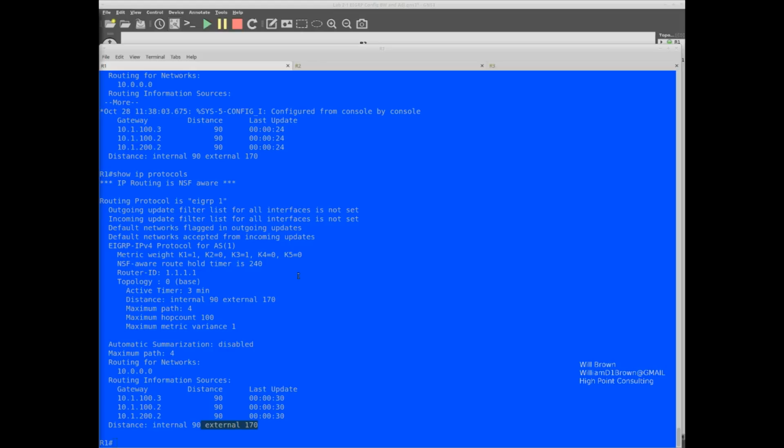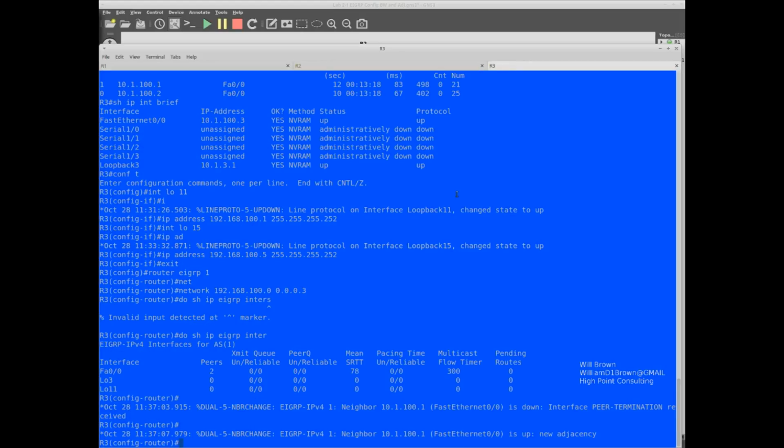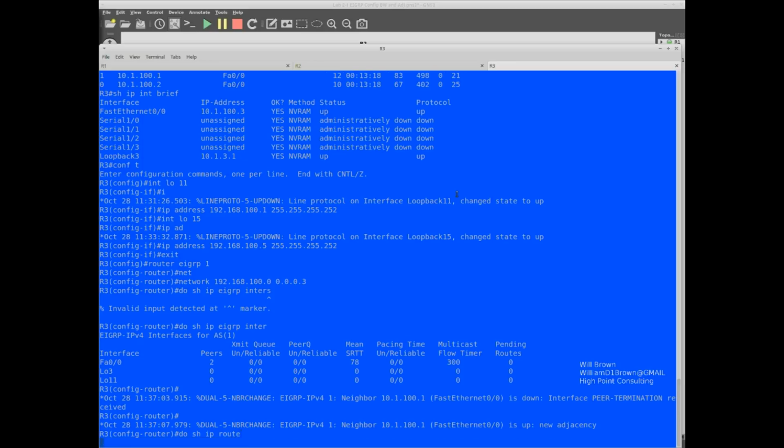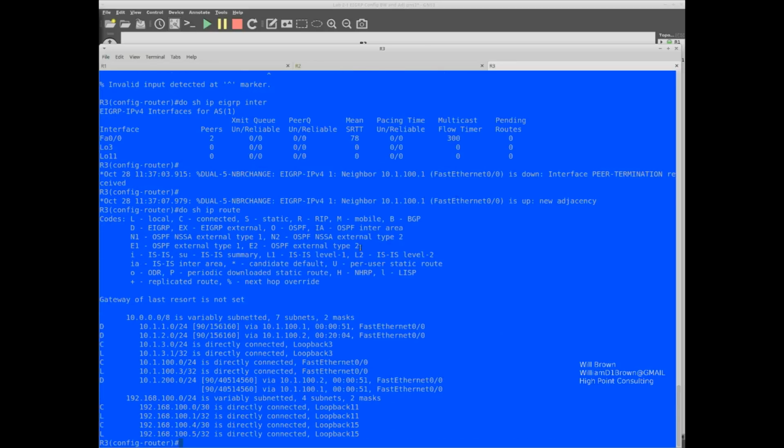Let's see. I think what we're going to do is real simple. I'm going to look from router 3. If I do a show IP route, EIGRP has learned that to get to that 10.1.200.0 network, which we know is the serial segment between router 1 and router 2, it has two paths to get there. Equal cost. It's identical. So now if I do show IP EIGRP topology,